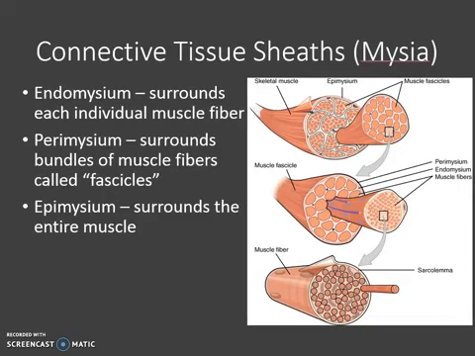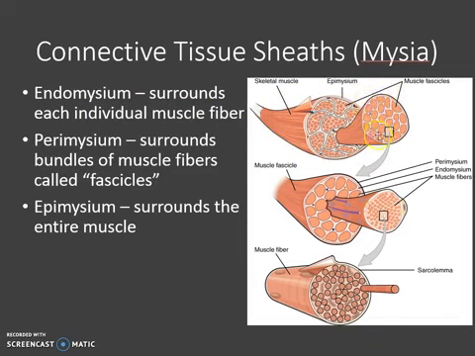So a skeletal muscle has these, we call them sheaths of connective tissue. A sheath is just kind of like a covering or a coating of connective tissue. Altogether they're called mysia, but there are three different levels of mysia. So if we look at an entire skeletal muscle here,